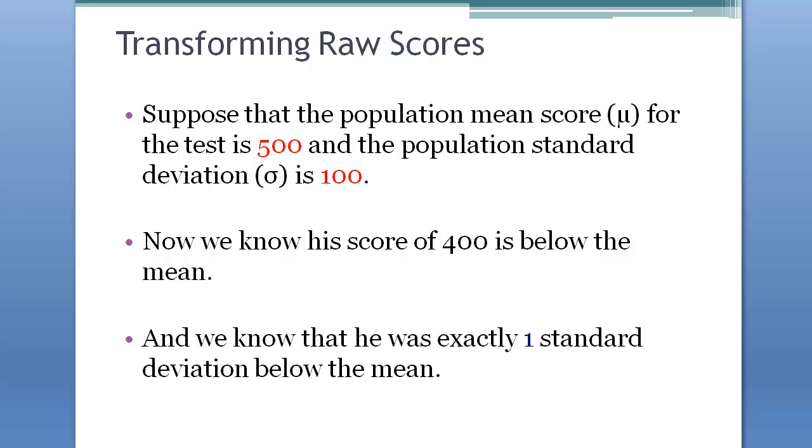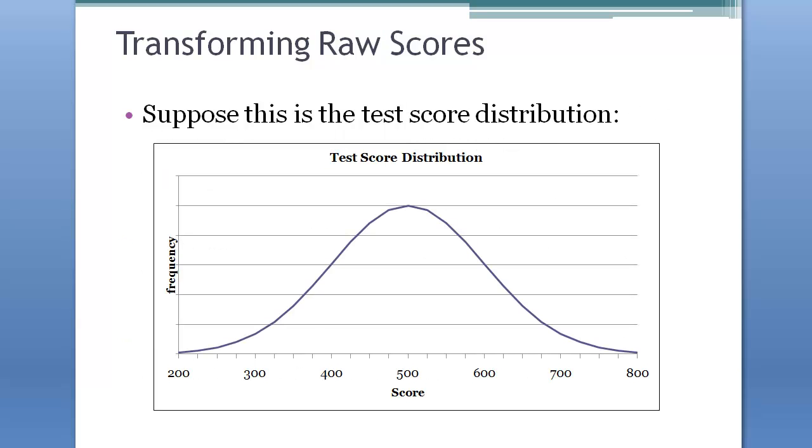Suppose the population mean score for the test is 500 and the population standard deviation is 100. Now we know his score of 400 is below the mean, and that he was exactly one standard deviation below the mean. If the mean is 500 and the distribution is like this, getting 400 points is below the average. And how much below? What percentile does he belong to? All these things you can calculate,